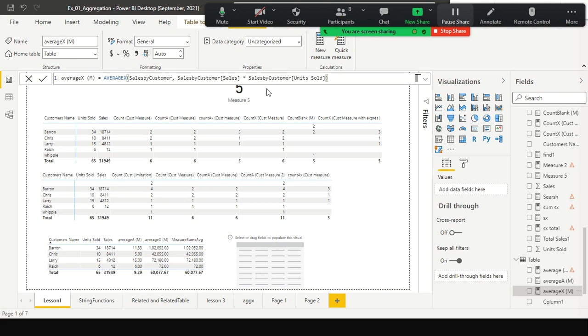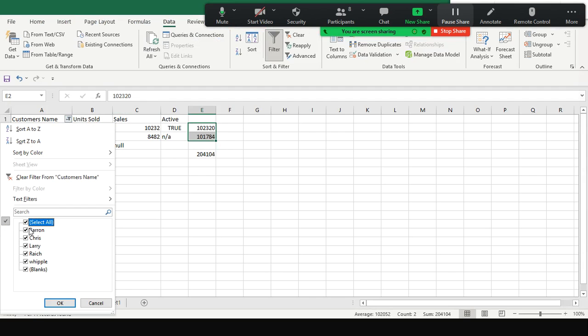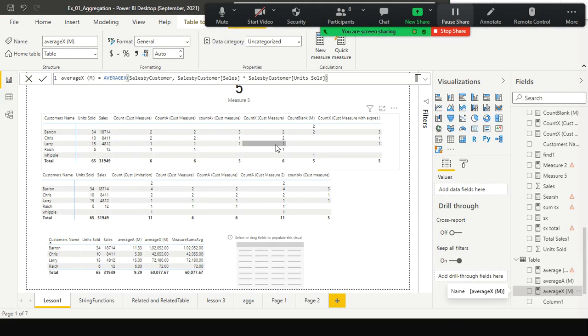This is the evaluation. It has to evaluate this one. Oh, sorry, here I'm not supposed to consider Baron. If I consider Baron, let me select all and see if I make any mistake here. 102302. So this is the one, and all this put together, I'm getting 204,104 only. Here we don't have any value, hence it has to ignore this one, and 102 counts these two things.